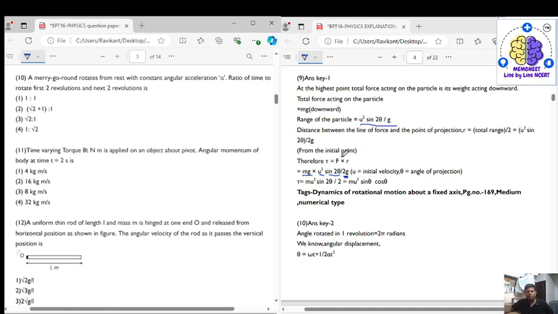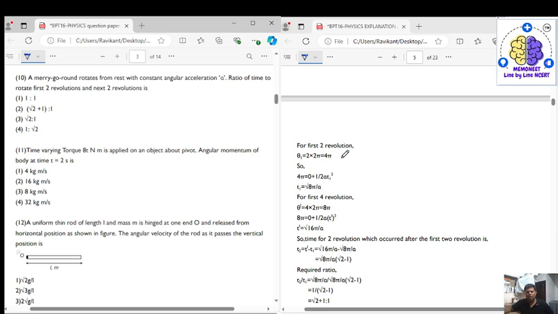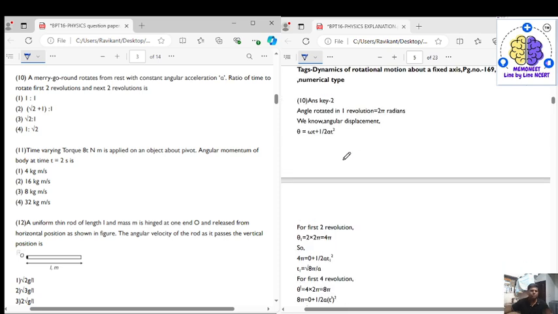Next, coming to question number 10. Question number 10 says that a merry-go-round rotates from rest with a constant angular acceleration alpha. The ratio of time to rotate the first 2 revolutions and the next 2 revolutions is? So it is starting from rest. The angular rotation for one revolution is 2 pi radian. Now using the formula theta equals omega t plus half alpha t square,